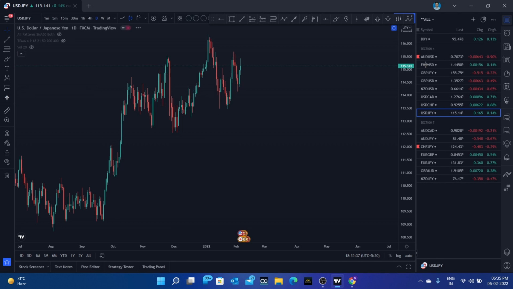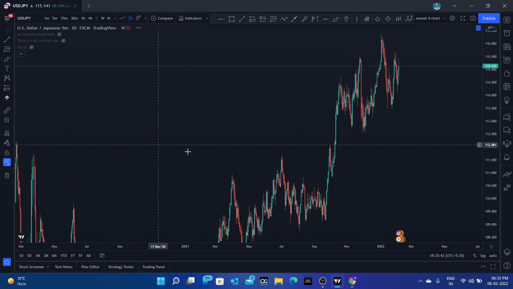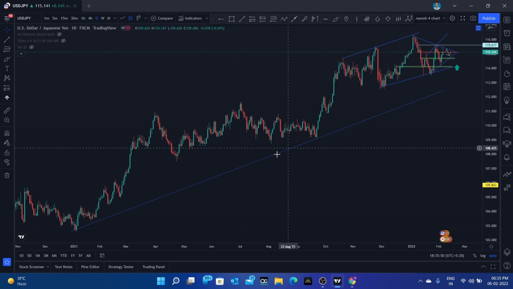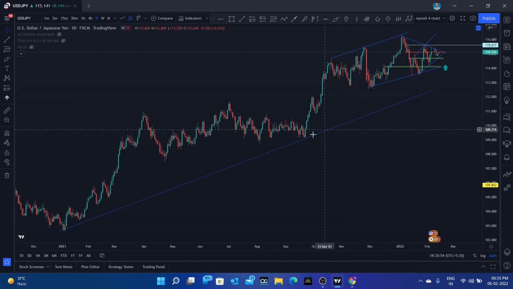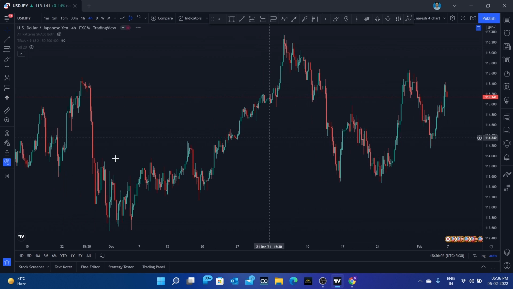So let's go for USDJPY, guys. What is happening in USDJPY? In the long term trend, it is in an uptrend, guys, and we can draw a trend line here. It is super bullish, and it made a high formation. Again, it is forming a channel pattern here, guys. It is forming a channel pattern here, and if we go into the 4-hour time frame,